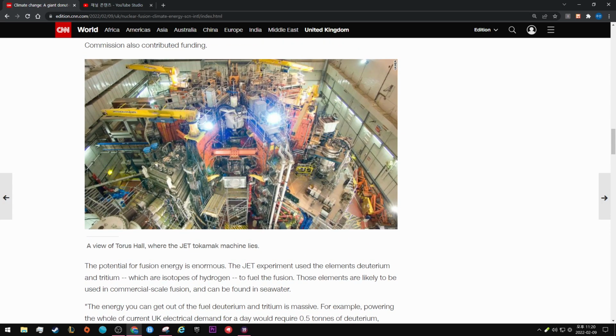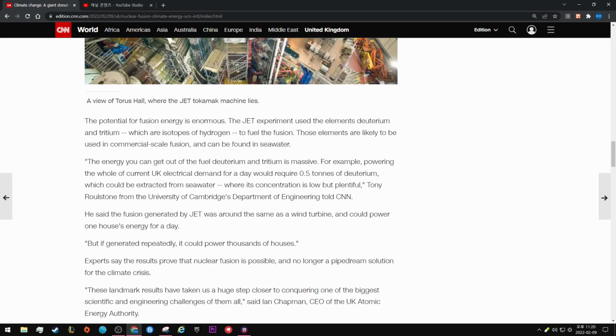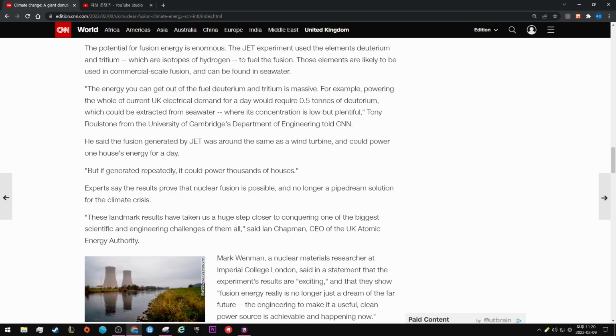The view of Culham, where the JET tokamak machine lies. The potential for fusion energy is enormous. The JET experiment used the elements deuterium and tritium, which are isotopes of hydrogen, to fuel the fusion. Those elements are likely to be used in commercial-scale fusion and can be found in seawater. "The energy you can get out of the fuel deuterium and tritium is massive. For example, powering the whole of current UK electrical demand for a day would require 0.5 tons of deuterium, which could be extracted from seawater, where its concentration is low but plentiful,"